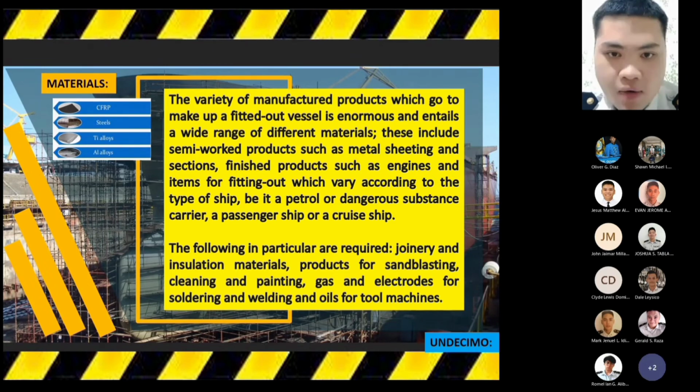So the materials are the variety of manufactured products which go to pick up the fitted out vessel and entail a wide range of different materials. This includes semi-worked products such as metal sheeting and sections, and finished products such as engines and items for fitting out, which vary according to the type of ship. So it may be a petrol and dangerous substance carrier, a passenger ship, or a cruise ship. So the following particulars are required: